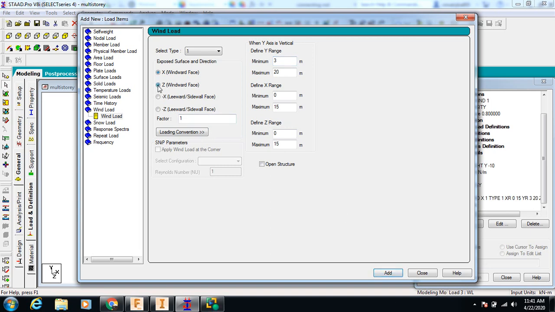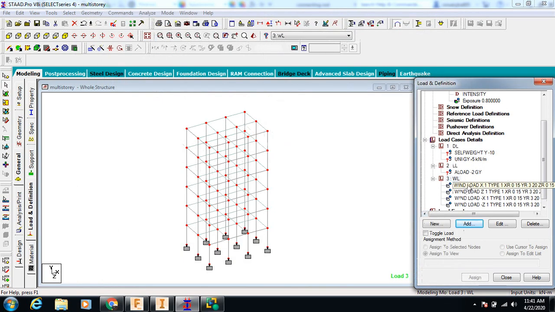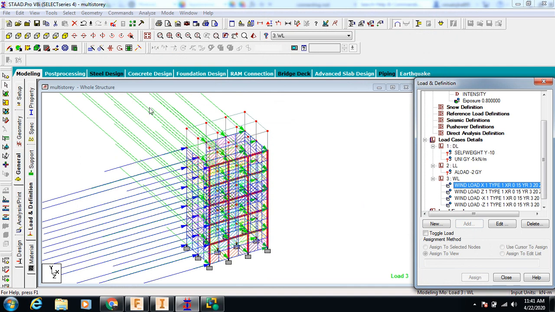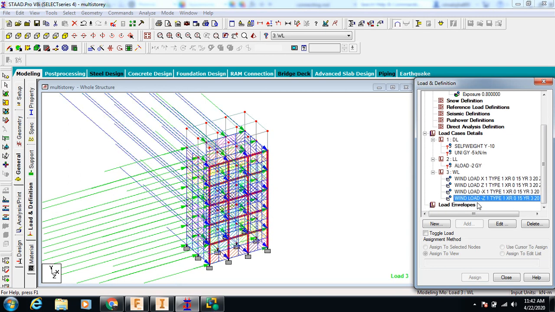Then we will take z1. In the z direction, when air comes on z, this condition will be the same. Add -x, add -z, we will add here also and close. Simple. So if you click here, you can see the air is coming and acting here. The height is varying, that's why it is not coming up to here. And if we click here, we can see. If we click here, you can see. If we are clicking here, you can see. So now it is already assigned.